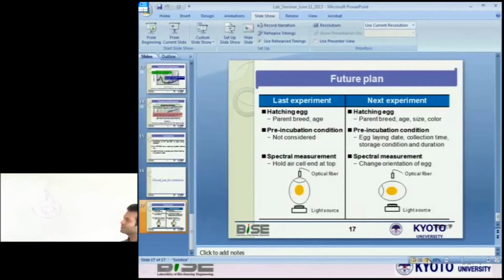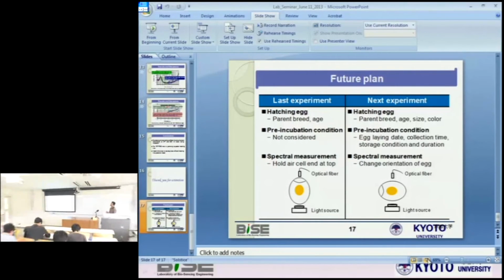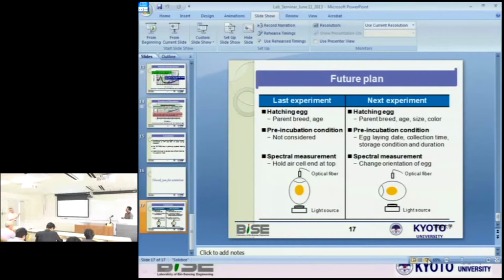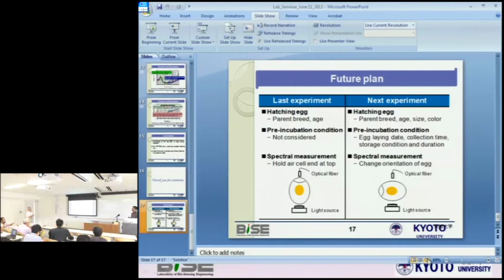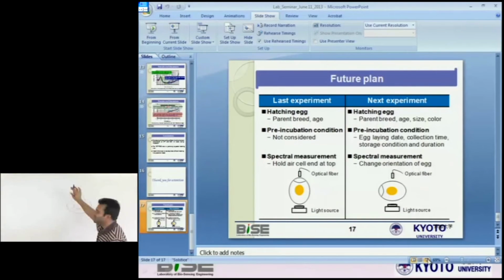Not all, just a point or some specific area would be correct. Why don't you close all of your egg? We pass light from the bottom. We cover the whole system with black cloth, and we also cover this optical fiber with another cap